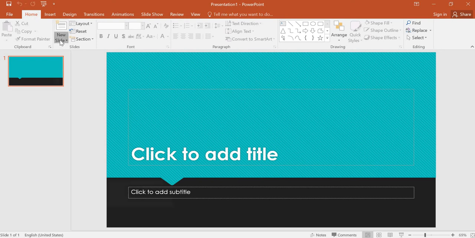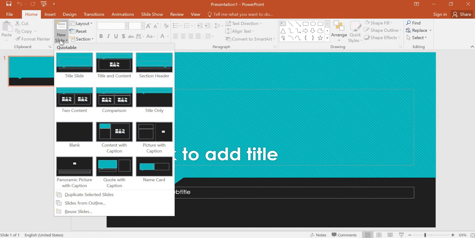In the new slide, I'll have different types of templates as well. According to the information, if you're going to insert only the title, you can choose title contents. If there is a difference to write, you can choose the comparison slide. Or if you want to insert a picture, you can go for the pictures template. If you're not okay with these as well, randomly insert the slides and later you can modify the slides as per your requirements.